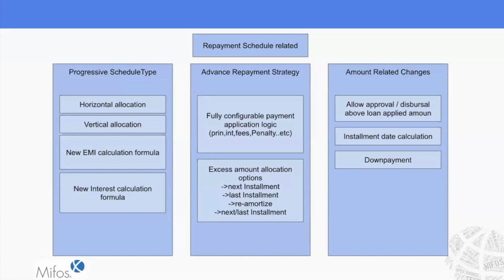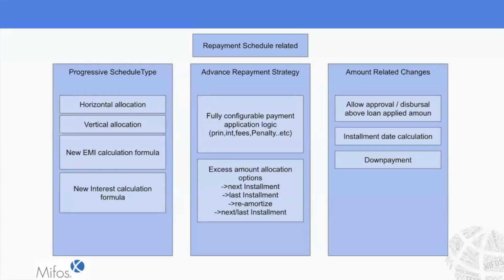So I'll talk more about that in the coming slides. And next is the excess amount allocation. Whenever the customer pays an advance amount, by default it always used to be allocated to the next installment. So we have given an option here where the user can go to the level of